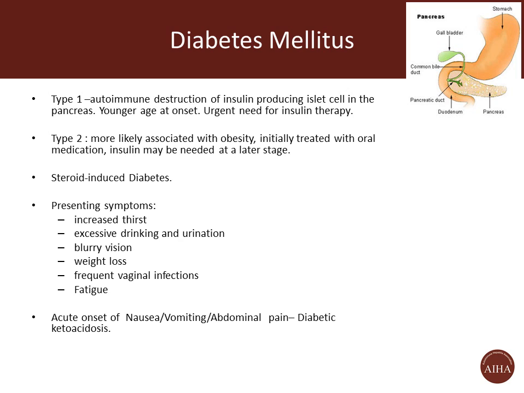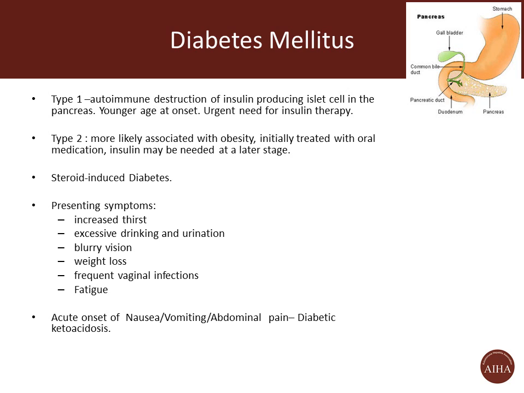Now, more commonly, type 2 diabetes happens to also be present in patients with autoimmune hepatitis, and that's usually more related to the fact that the patient is overweight or obese, and more commonly with a family history of type 2 diabetes. Type 2 diabetes is usually treated with pills at the initial stages, but insulin may be needed at a later stage. There's something called steroid-induced diabetes. Just because you started on high-dose steroids for the autoimmune hepatitis, diabetes may develop, and typically that resolves when steroids are stopped.